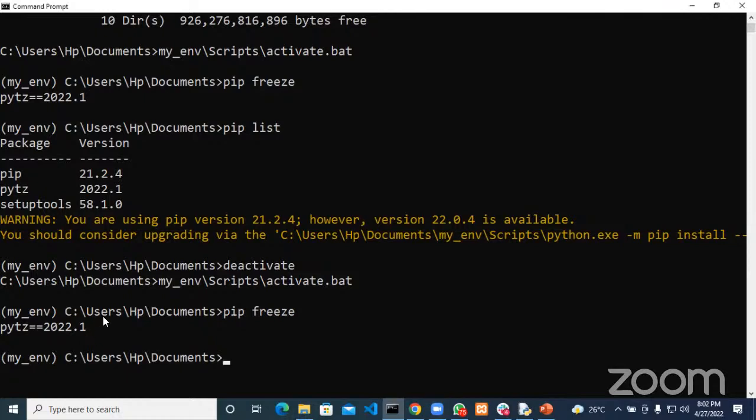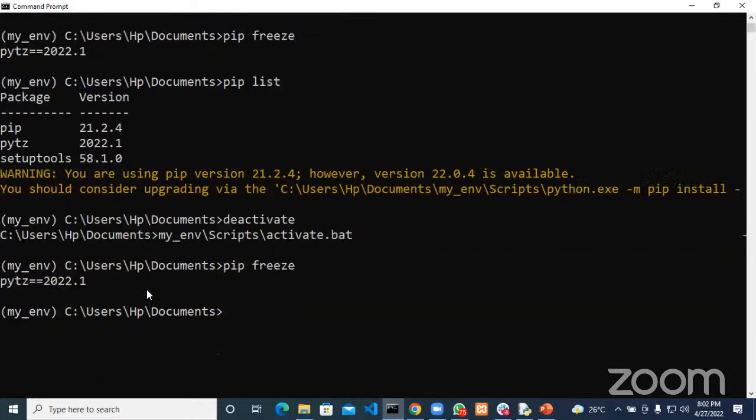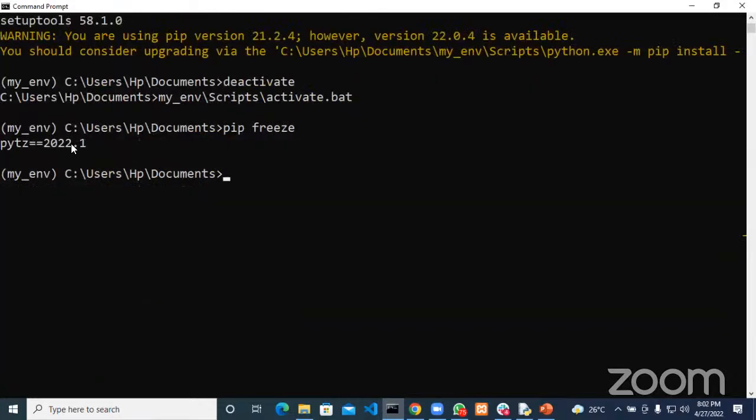Let's say in a situation that we have as many dependencies as possible, like about 10 to 20 dependencies here. Once we run this command pip freeze, all that